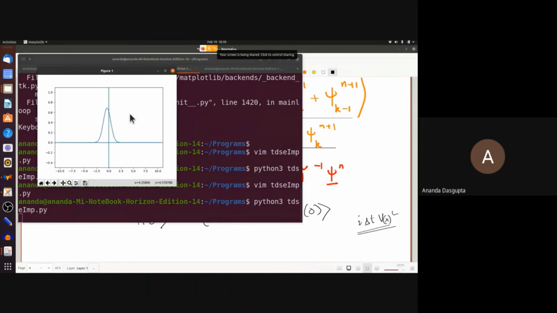A displaced Gaussian is what is called a coherent state of a harmonic oscillator. If you take the ground state and just shift it, what you end up with is a coherent state. And it should oscillate back and forth in a harmonic oscillator potential. All states in the harmonic oscillator should oscillate back and forth. But there's something unphysical happening here, which you can easily see, which is